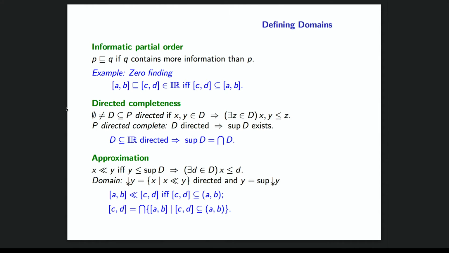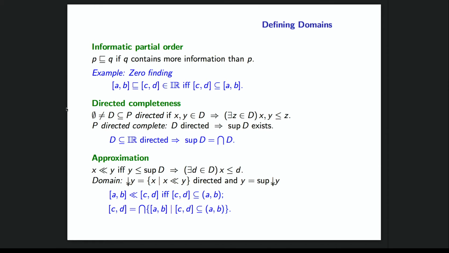And a nice example of this that's not directly out of the programming language perspective is to think about zero finding. Think about the bisection algorithm. So you have a continuous function that is defined on an interval and it changes sign. How do you go about algorithmically finding a zero for the function? Well, the bisection algorithm says you look at the left half and if it changes sign on that, then you choose that. If it doesn't change sign on that half, it has to change sign on the other half, and you use that. And it's deliberately deterministic